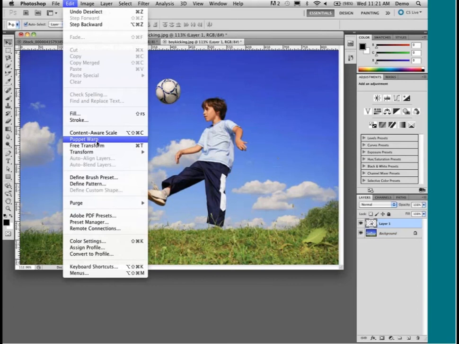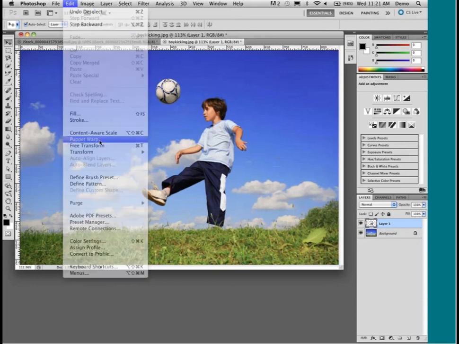And one of them is called Puppet Warp. I'm sure a lot of you have seen this in demos and things like that, but I actually use this in real life a decent amount, not a ton, but a decent amount. So if you select a layer, like the boy, and I choose Puppet Warp,